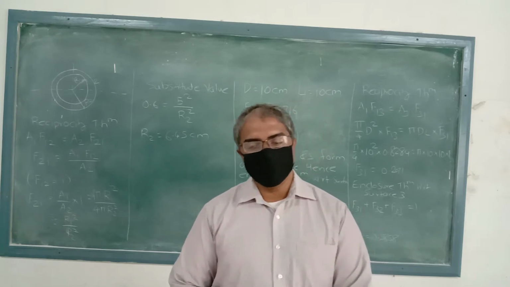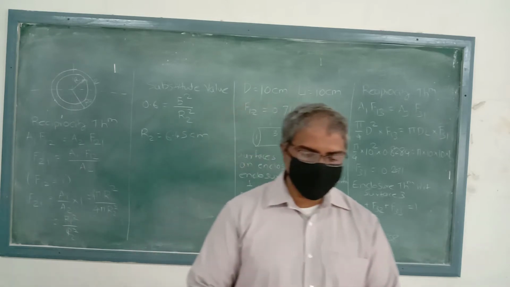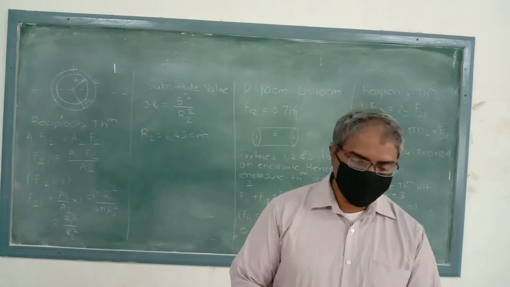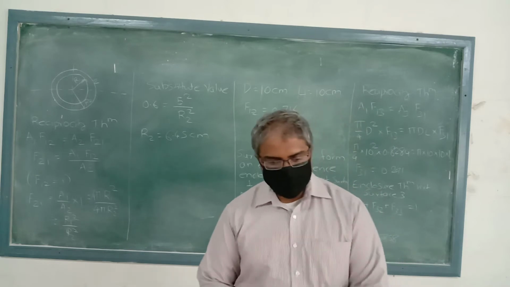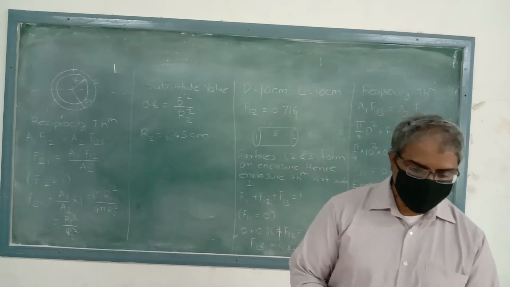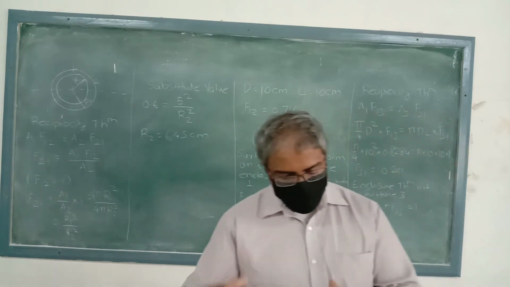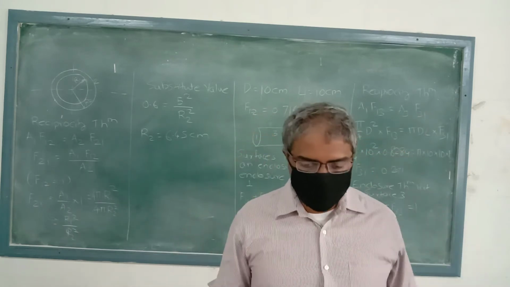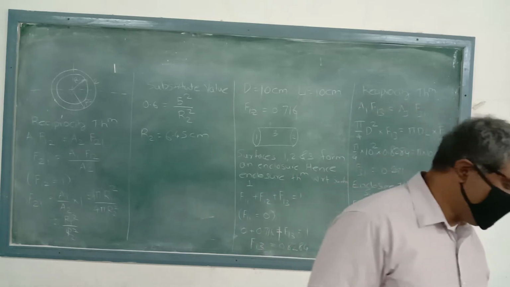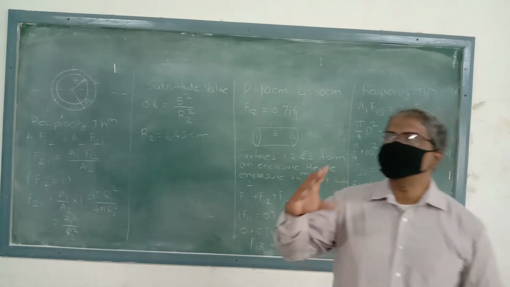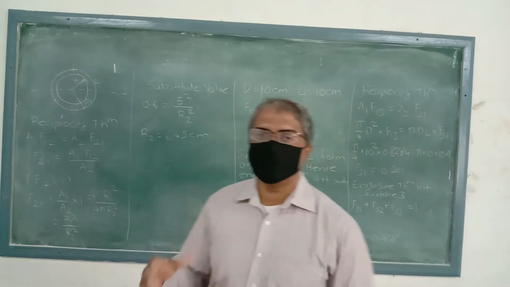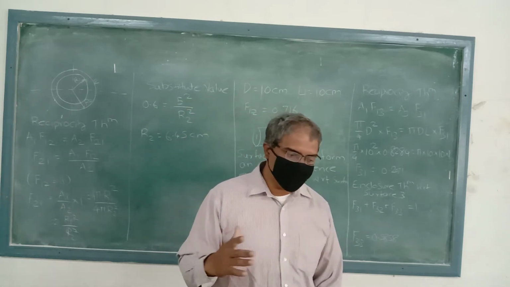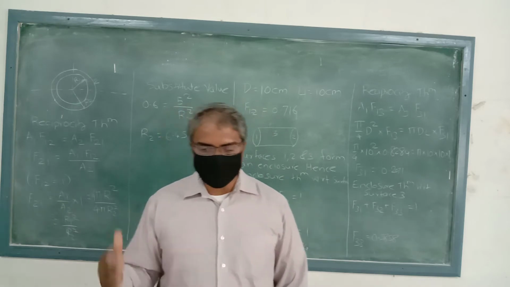While defining the shape factor, we can see that it mainly depends upon the size and shape of the surfaces. The second part is the orientation at which the energy is emitted from one surface to the other surface. And the third factor is the distance between those two surfaces. So these three factors are very important parameters while deciding the shape factor.